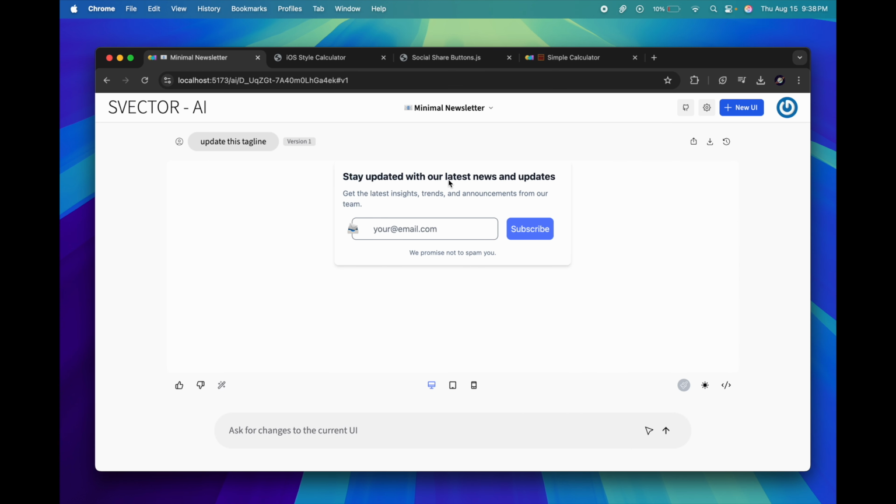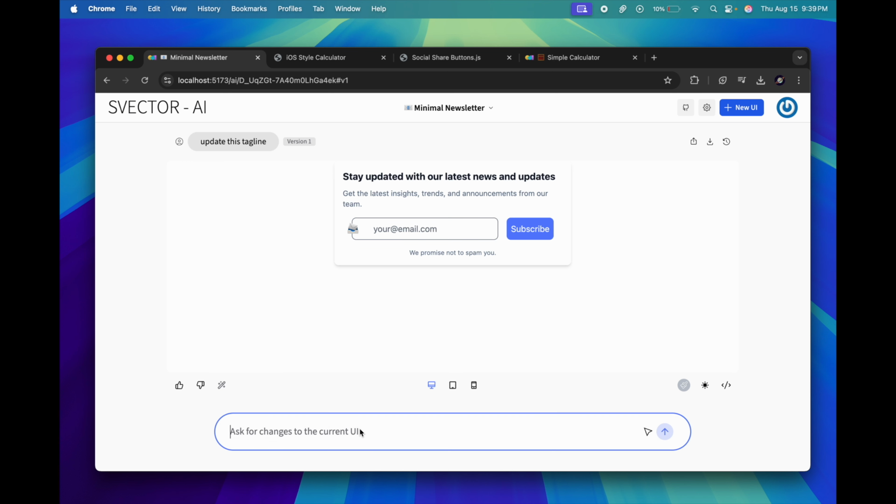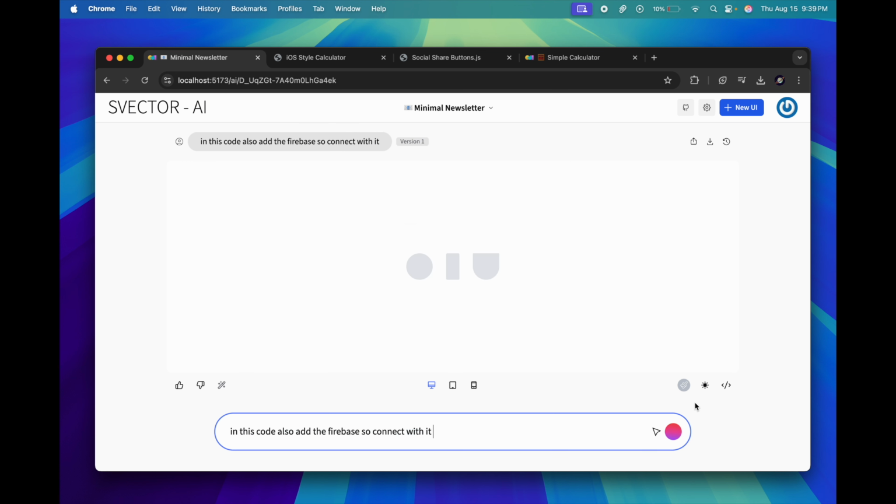and updates." Also you can directly add your own database with it. How? Let me show you. Just type in here in this code, also add Firebase. I am currently using Firebase, so I will enter Firebase, connect with it and let's just enter it.